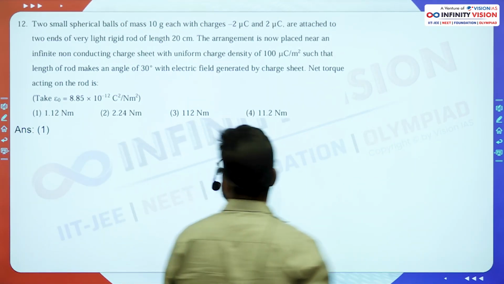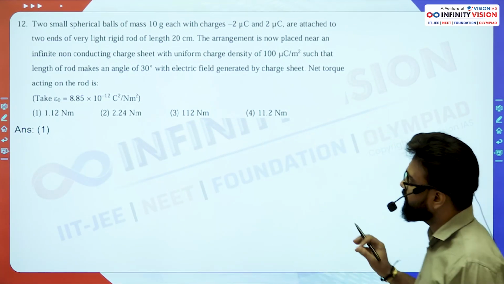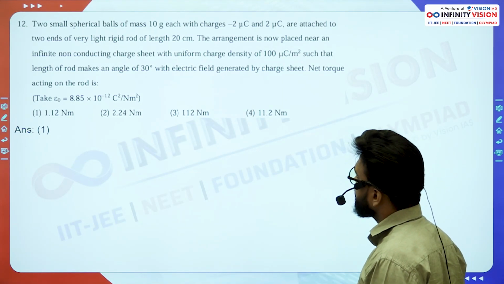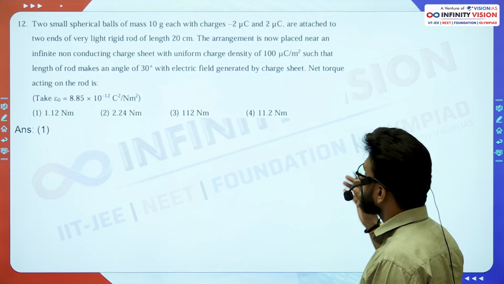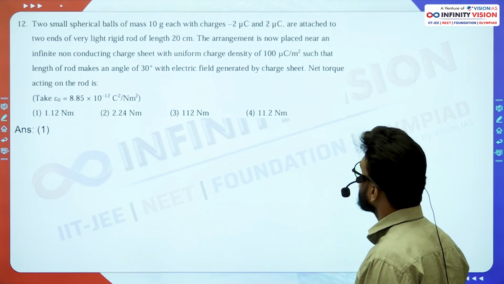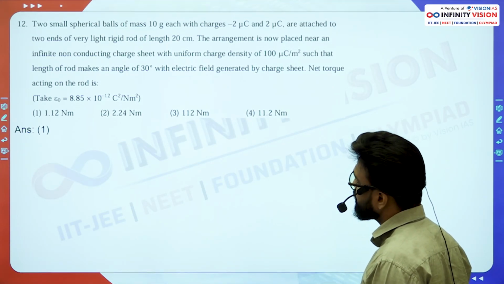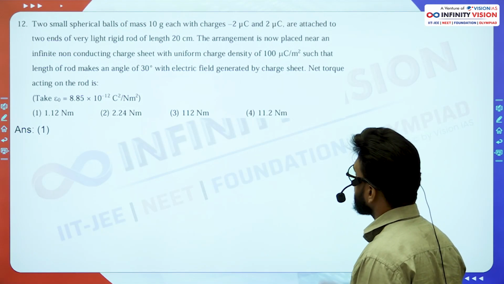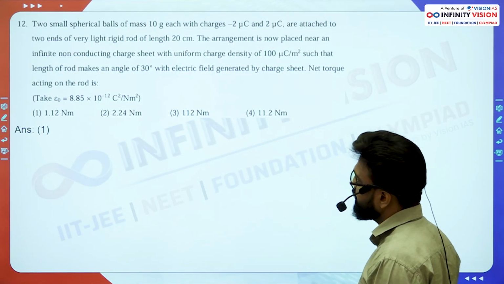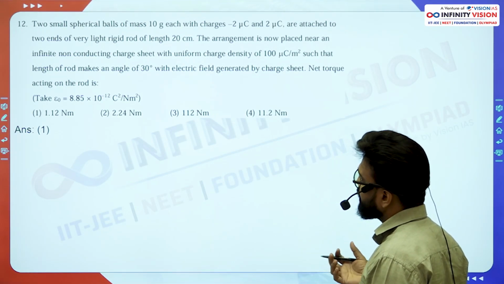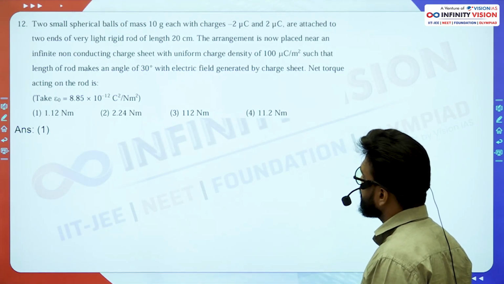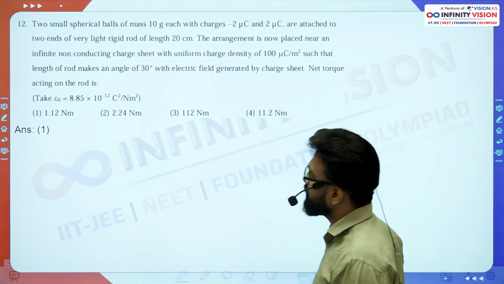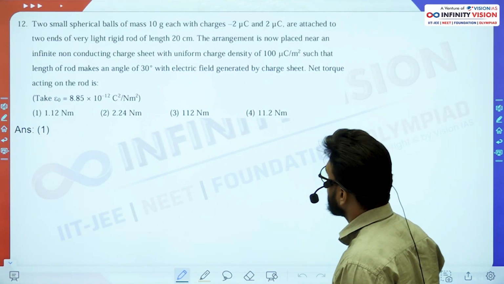So now अब हम 12th question देखते हैं. देखो, it says two small sphere ball of mass 10 gram each with charge minus 2 microcoulomb and plus 2 microcoulomb are attached to the two end of a very light rod of length 20 centimeter. The arrangement is now placed near an infinite non-conducting charge sheet with uniform charge density, which is already given to you, such that the length of the rod makes an angle 30 degree with the electric field generated by